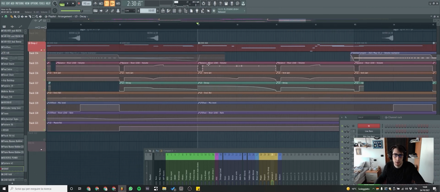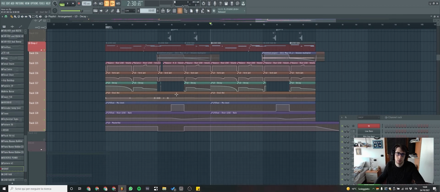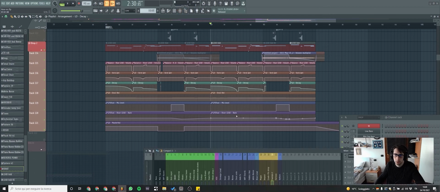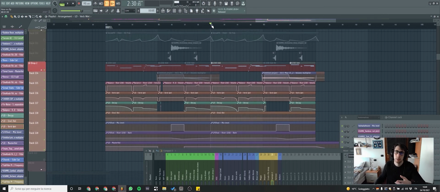We can see a balance automation, so a volume automation. The LFO Tool thing that there is also on the chords and on the bass. So this is the same as the other one. Here we have a master control of the volume. And here there are a couple of Serum automations like the release, the decay and the reverb. Nothing special. Let's listen to the MIDI with the automations.